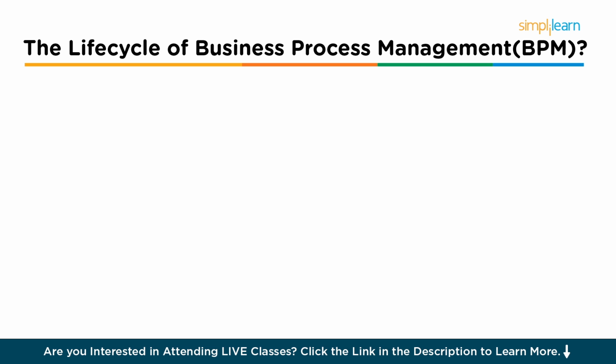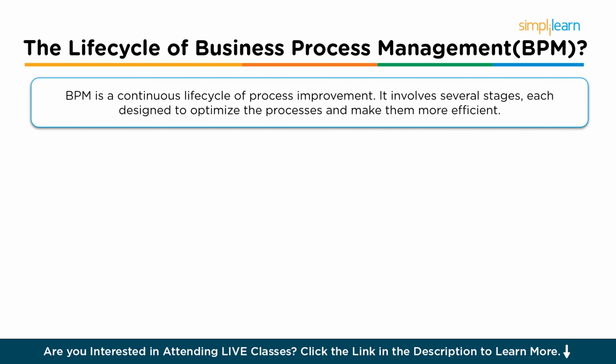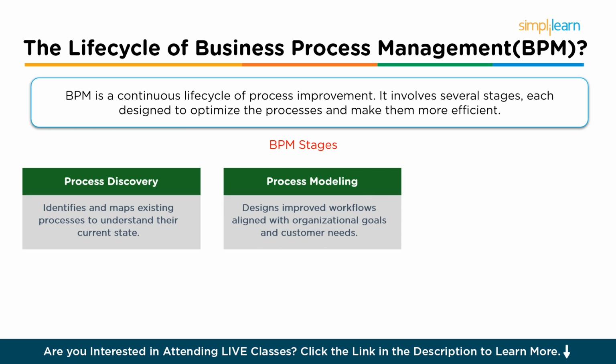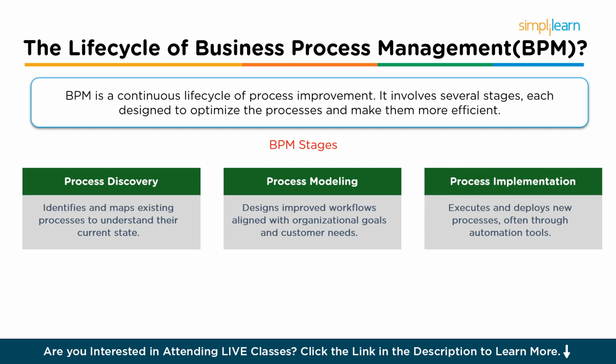The life cycle of BPM. After understanding the goals, let's look at how BPM works in practice. BPM is a continuous life cycle of process improvement. It involves several stages, each designed to optimize the processes and make them more efficient. These stages are process discovery, identifying and mapping the existing processes in the organization to understand their current state; process modeling, designing improved processes by modeling workflows that align with organizational objectives and customer expectations;